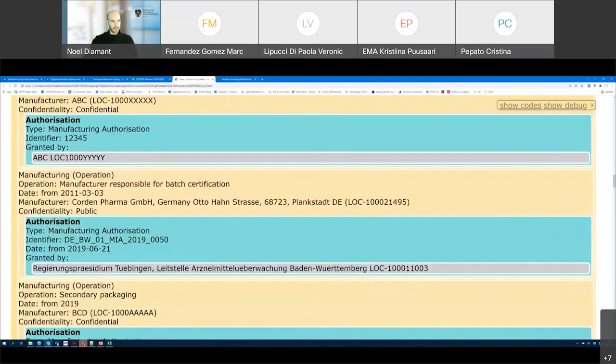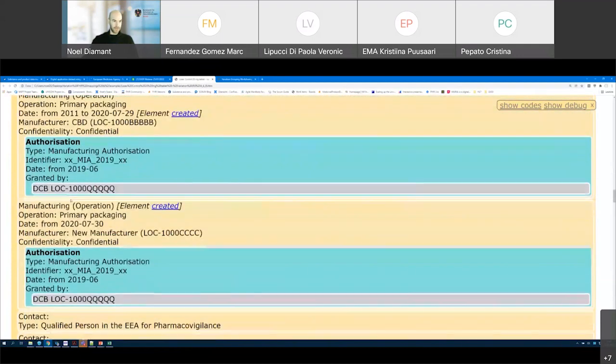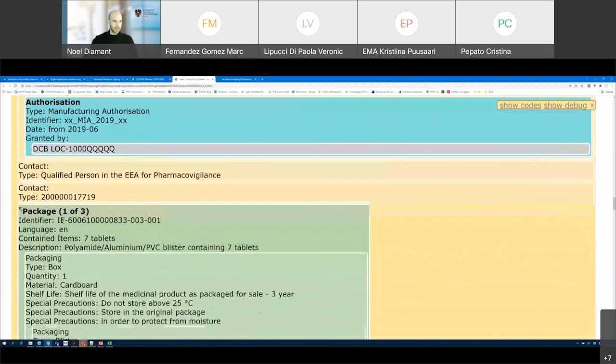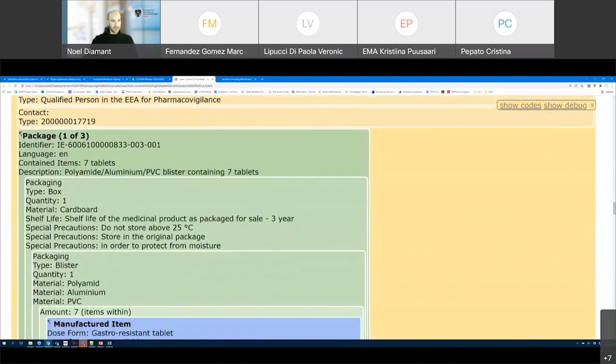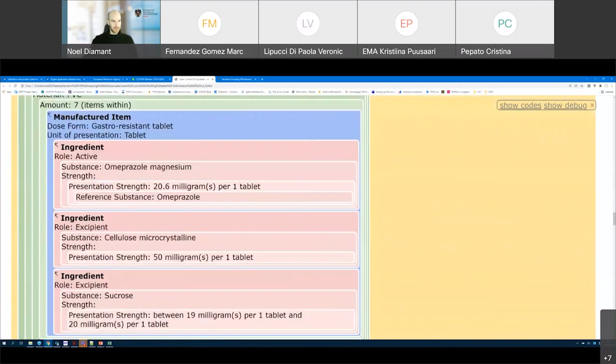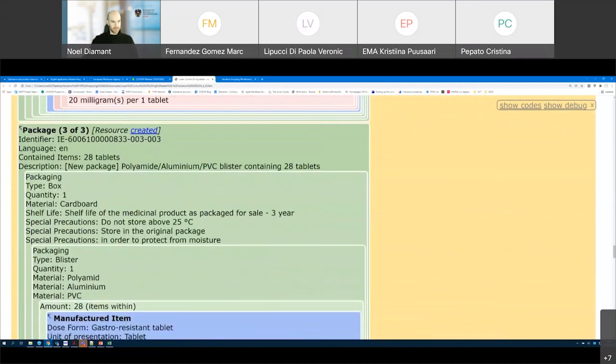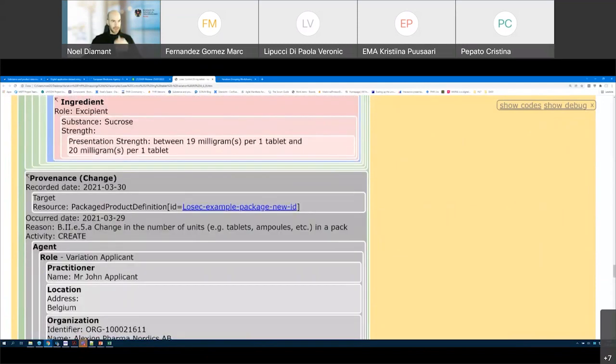Manufacturing operations, they contain for each manufacturer, a manufacturer operation. It contains the packages, in this case 1 or 3. The package itself contains the manufactured item. Those contain the ingredients. The second package, I will just scroll through it. A third package. And then the provenance from the product,